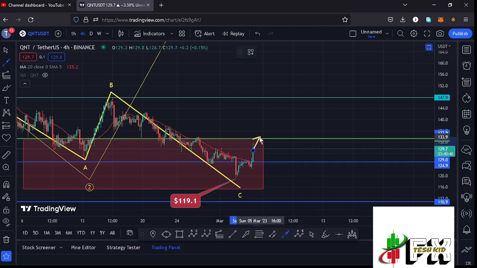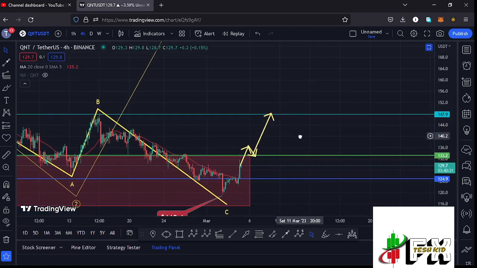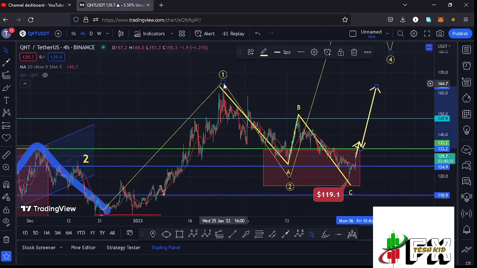around the $133.2 mark, and the moment we manage to break above it, then I'll be expecting to see a retest of that key area of resistance, and once the retest is in and a success, then we can continue gearing up to our next key area of resistance at around the $147.9 mark. Also manage to break above that, see a break above the wave 1 high at around the $165.5 mark, and the moment we manage to break above it,